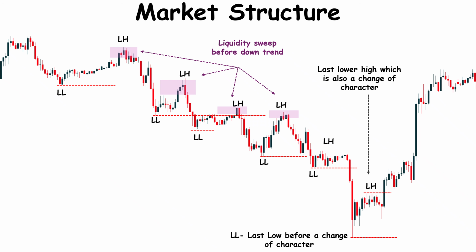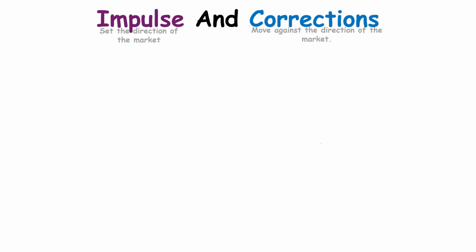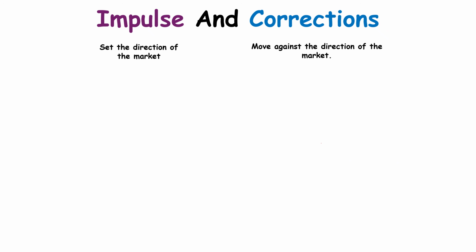By combining liquidity sweeps with structure, you start to see the market clearly, even when the chart looks chaotic. This is how smart money views the market, by waiting for key structural shifts and identifying the moment liquidity is taken before price moves. In the next chapter, we'll go deeper into this idea and show you exactly how to separate impulses from corrections using candles, speed, and flow. If you can master this one concept, you'll stop entering at the wrong time and start trading with smart money,